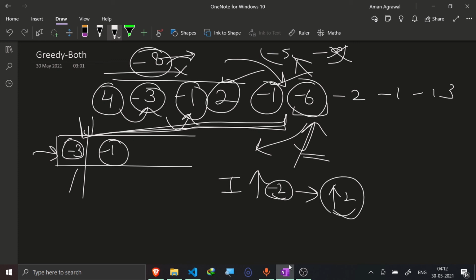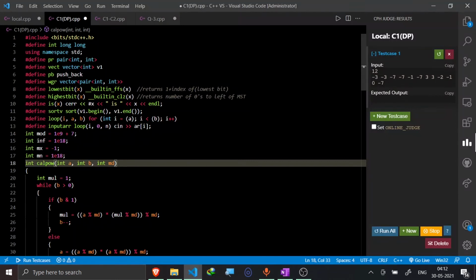So I have increased my health, and my total count of potions is still the same. I would check for all these cases, and definitely till the final position I would get my answer. I think you got the intuition behind this.